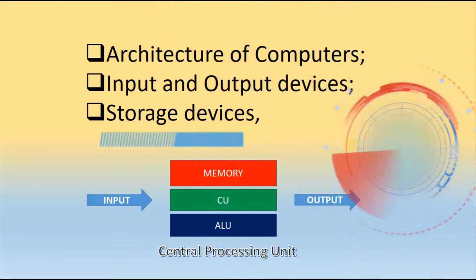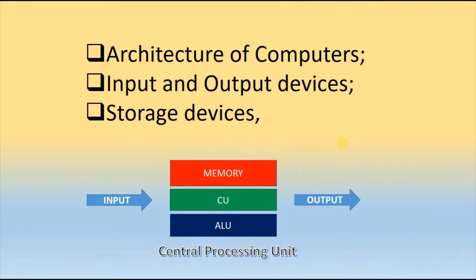And lastly, we know the different units. That means what a bit is, the minimum size of storage memory, and what the maximum size is, that is gigabyte. So we know about the different units of the computer system. Okay, let's start. In this video we learn about the architecture of computers and different input output devices, that means examples of input output devices and the storage devices.